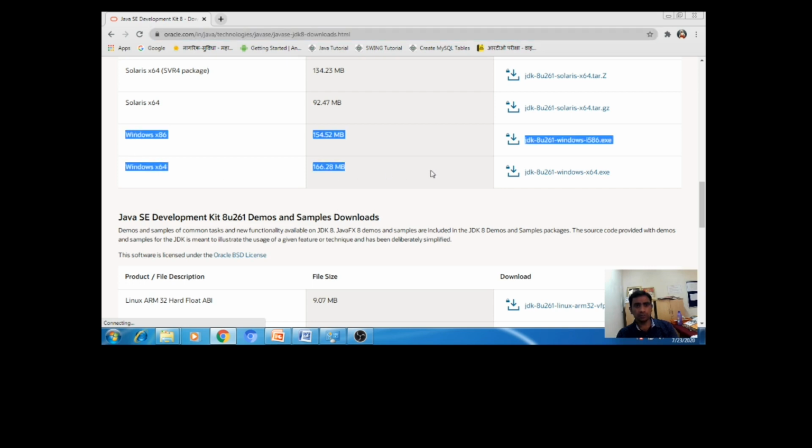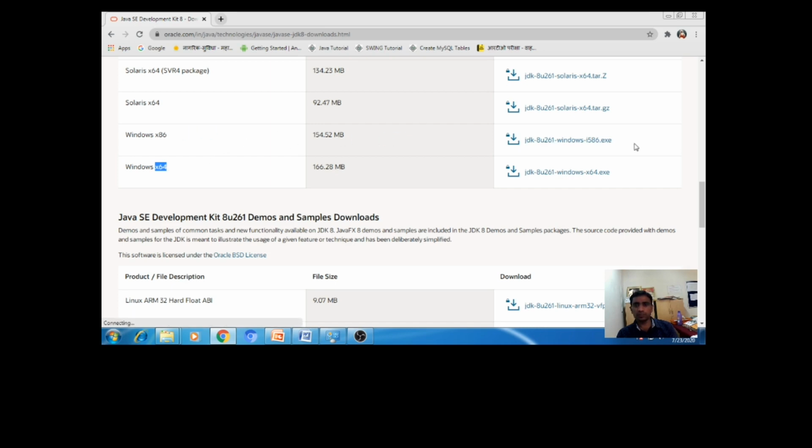So we can see here two executable files are available for download. The first one is x86, which means it is for a 32-bit operating system, and the second one is x64, which means it is available for a 64-bit operating system. According to your Windows operating system, you can download these versions.